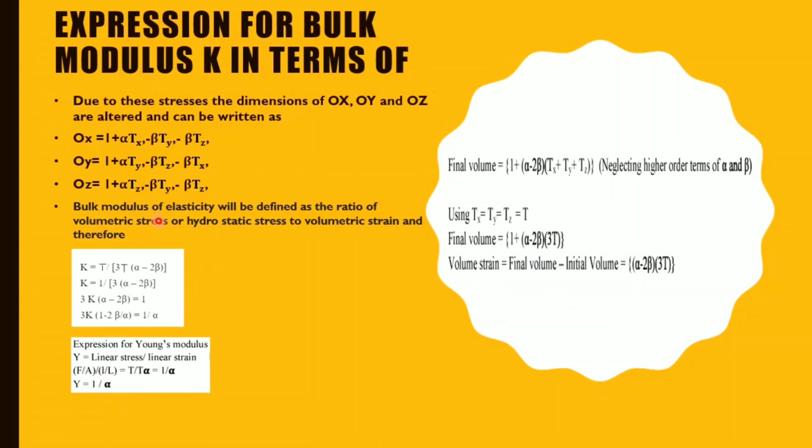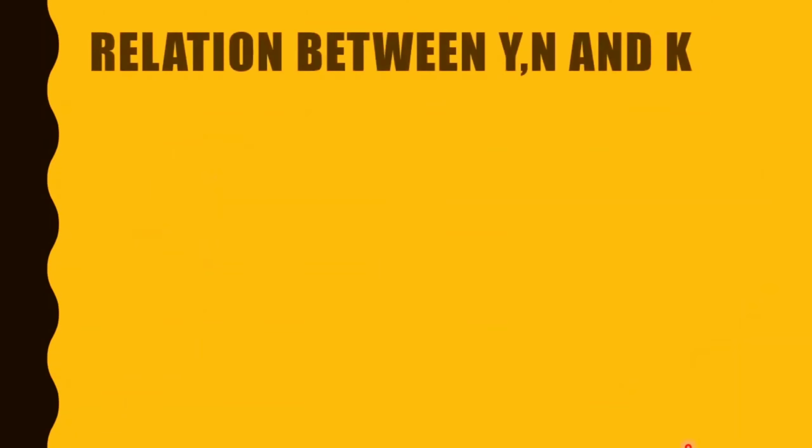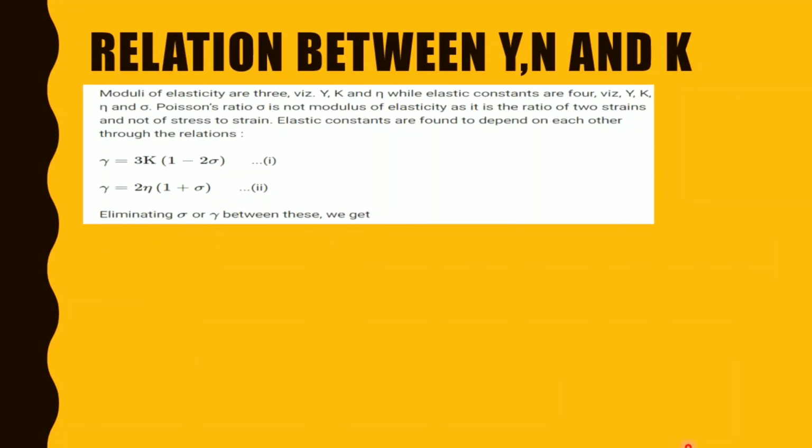But, see, this is the expression for the rigidity modulus, so the expression for the bulk modulus is important because this is in terms of alpha and beta, which needs to be done. You can neglect this and you need to make the changes here for this one. Now we will move on to a relation between Y, eta and K.